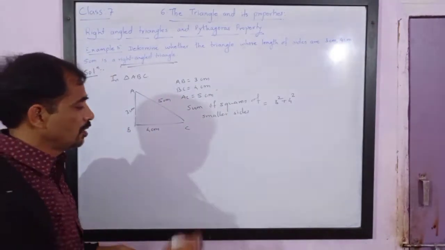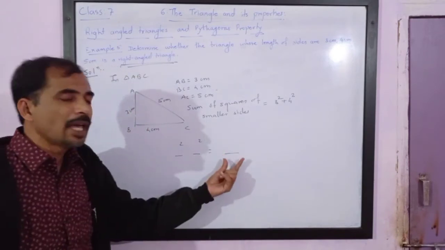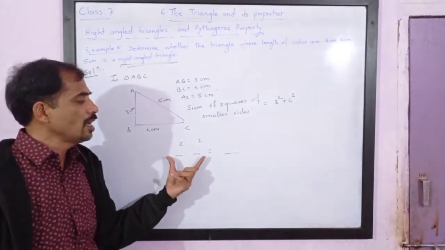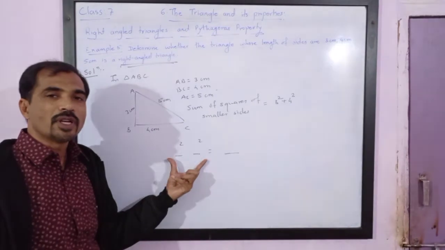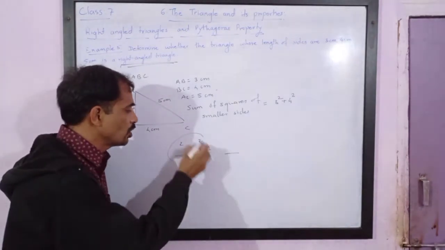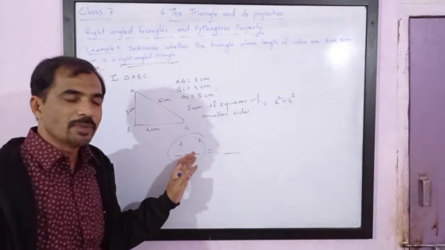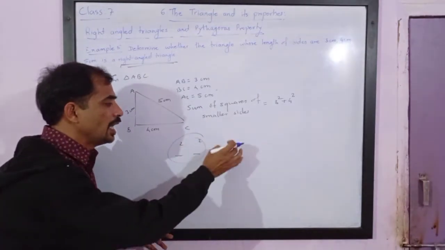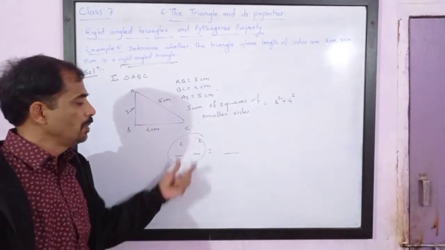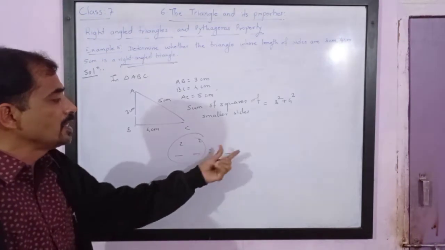Understand this? Here there are two sides and here there is one side. So these must always be bigger, and the sum of the smaller sides must always be greater than the one side. The two smaller sides together will always be bigger than the third. Then only it is possible. If you take the bigger side, then smaller plus bigger cannot be equal to some other smaller. So it will always be equal to the bigger.